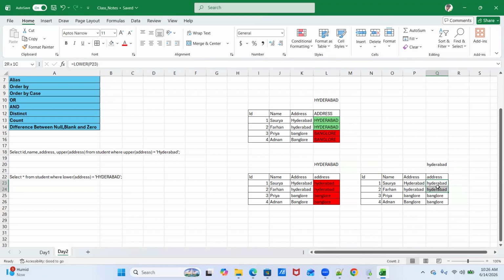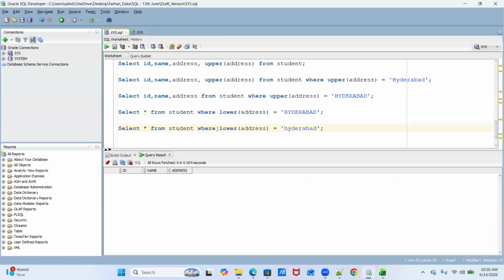We'll get two matching records. And why is it matching with the lower of the address column? Because that's what we have written in the query. We have written lower of address, compare this with lower of address. We are not saying compare this with the address column.